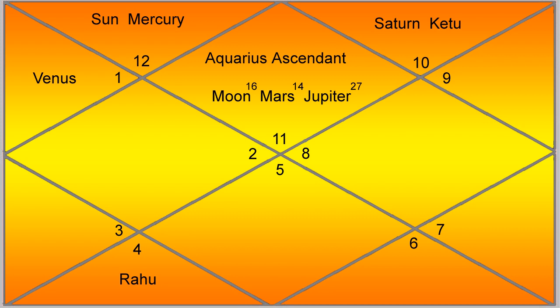Now, this is a conjunction, okay? But even in this conjunction, you only have two planets that are really interacting with each other. One planet is just there. It's barely influencing these two planets, and that is Jupiter. Jupiter is at 27 degrees. Moon and Mars are at 16 and 14 degrees, meaning that they're only 2 degrees apart. Where Jupiter and Mars are 13 degrees apart, Moon and Jupiter are 11 degrees apart. So it's not a close conjunction or direct conjunction anymore.